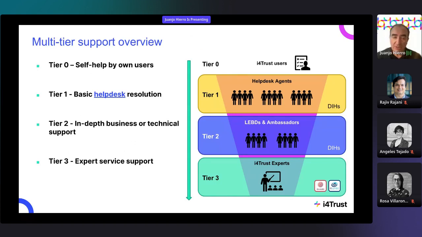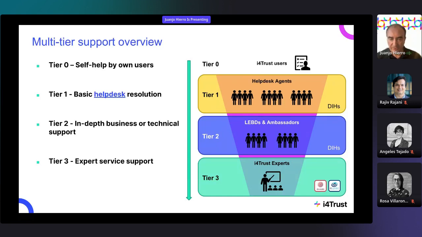We will set up a multi-tier support system, which means that there will be different tiers to help address whatever question may come from a potential user. Essentially, I will summarize here.